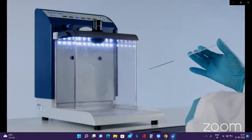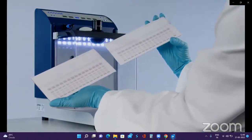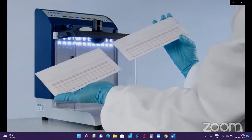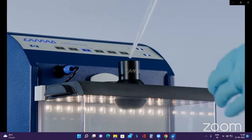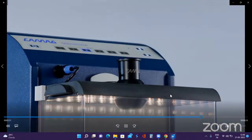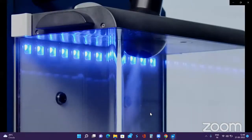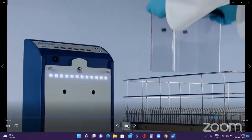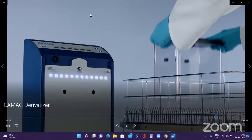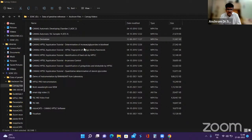Visual observation of the plate shows very high homogeneity. Reproducible and user-independent results are obtained from plate to plate. After completion of the spraying process, an easy cleaning procedure can be carried out. Simply rinse the nozzle with the appropriate cleaning solvent, and conveniently clean the hood with paper towels. So this was about how the derivatization process happens, and now we'll see